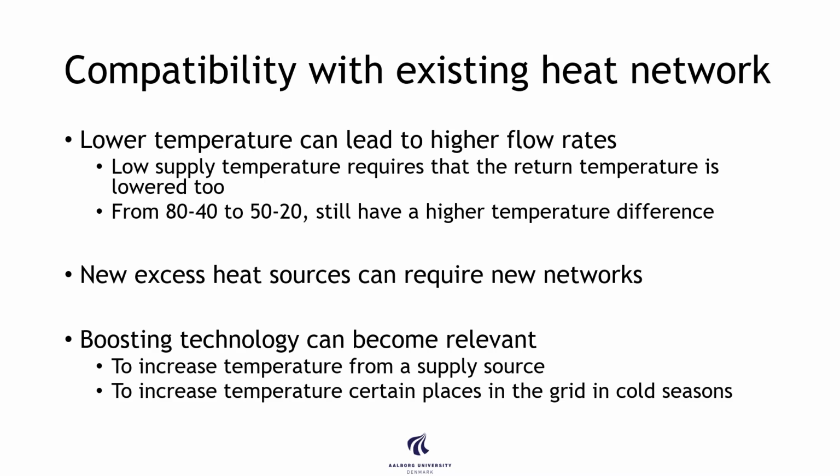And this is simply to raise temperature from the supply source, because it is supplied at a too low temperature, but we now have access to it and it's much cheaper to raise to 50 degrees compared to 80 degrees. Or it could be that we have such a low supply temperature that our grid is so big that we need to expand the system. So we have a heat pump or boiler or something placed in a strategic place, so we maintain our 50-degree supply temperature and it doesn't become too low to be useful for our citizens.